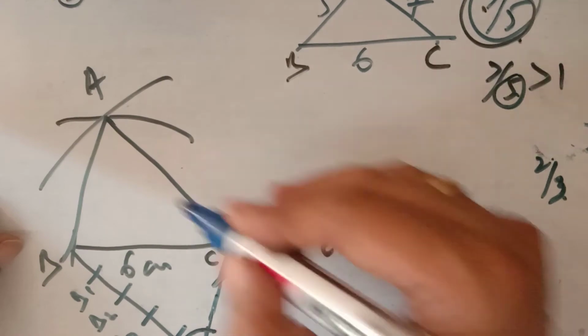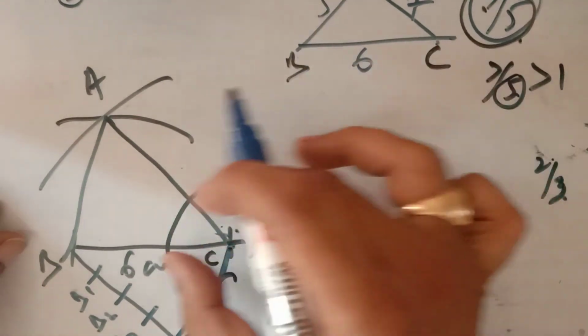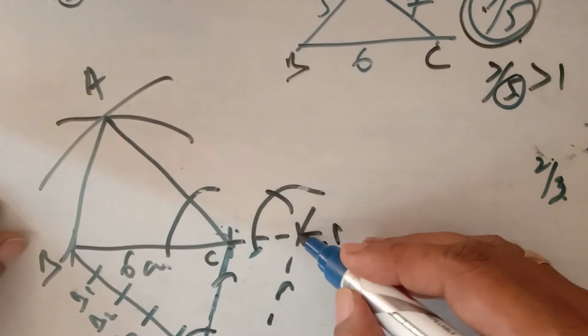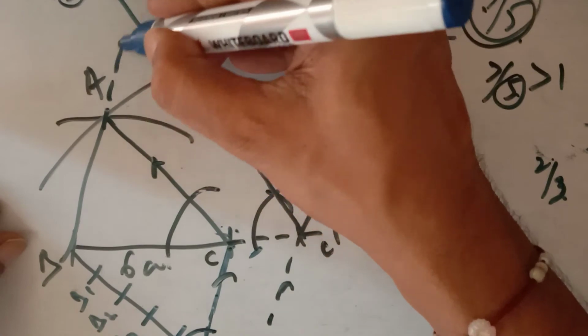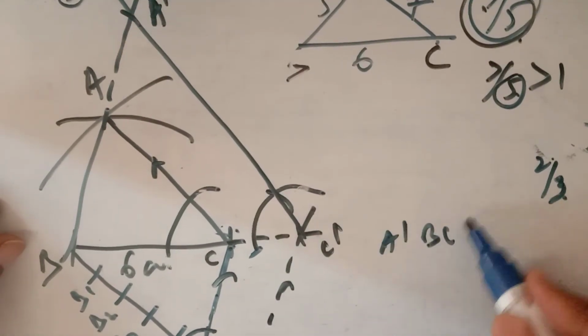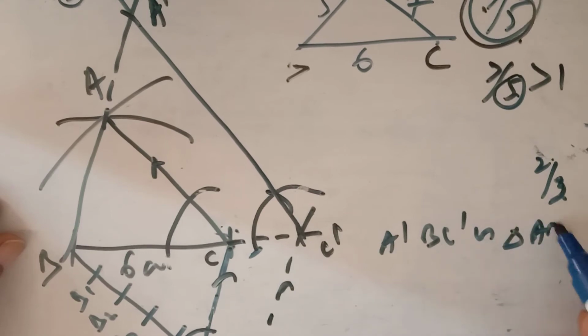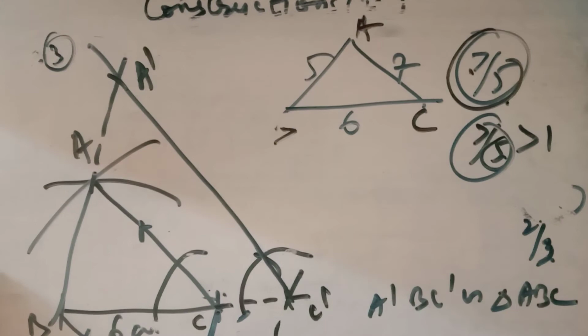Now here you have to draw a line parallel to this. कैसे? Acute angle, same angle, measure this angle and mark on it. We'll draw a line parallel to this line, and it will meet this A on extending A'. So triangle A'BC' is similar to triangle ABC whose side is 7:5. Required triangle, बड़ा triangle बनेगा इसमें.